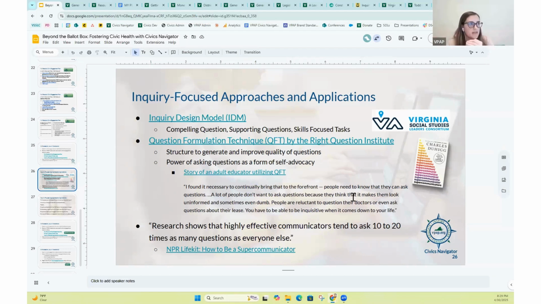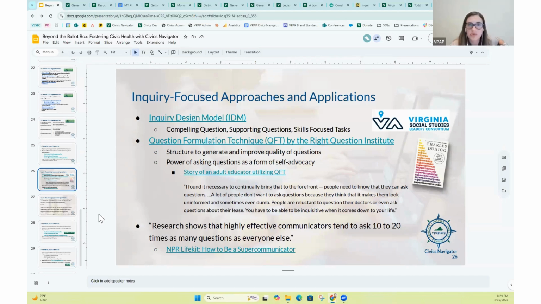I was just reading that research shows that highly effective communicators tend to ask more questions. So it's all about getting your folks to do that and to have that conversation and hopefully ask an open-ended question, where it actually starts a conversation. We could spend all day in this space and expand out further, but hopefully that gives you a spark to explore